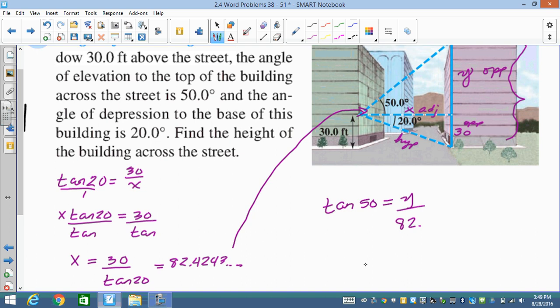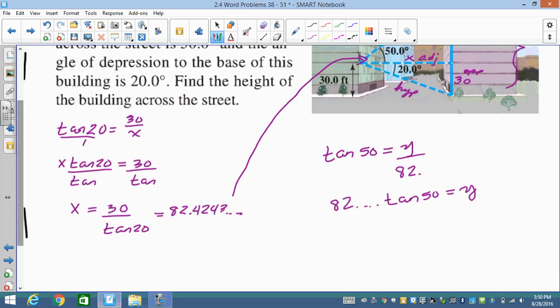So if I move this over, this becomes 82 point something times tangent of 50 equals y. This is still in my calculator, so I'm going to take that 82 point something and multiply it by tangent of 50. And that gives me y equals